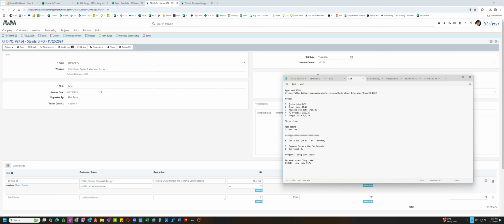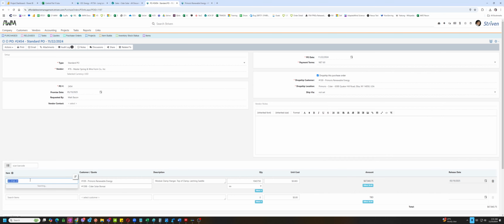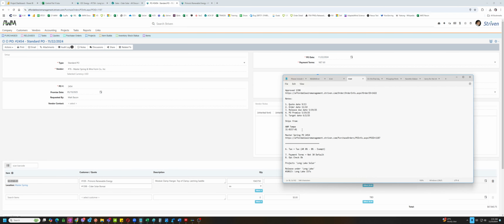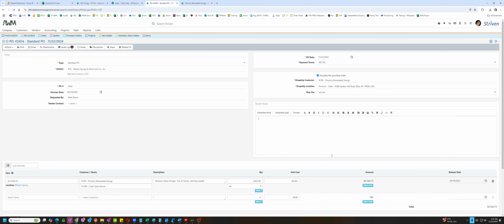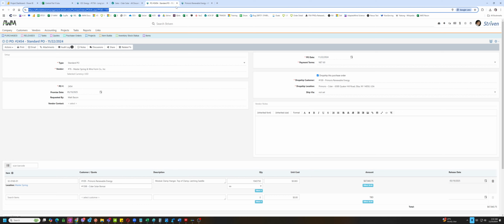So, Master Spring PO 2454. Going to paste it here. Going to update this. Ships from, paste. So we already have this.